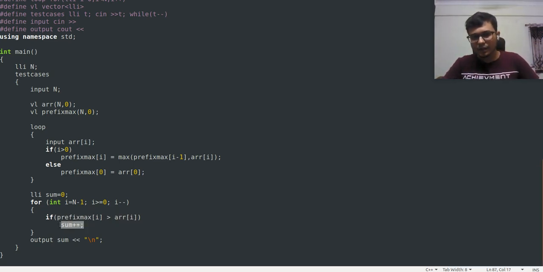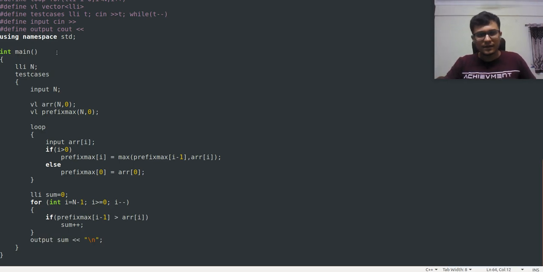If prefix max of i minus 1 is greater than ARR of i, it means that the current person, the ith person who is of interest here, will get candy from some person sitting to their left, because there is a number which is greater than ARR of i, which is his or her number. So we'll increment the sum, and at the end we'll print the sum. That is how this code will work, and this will give the correct output.